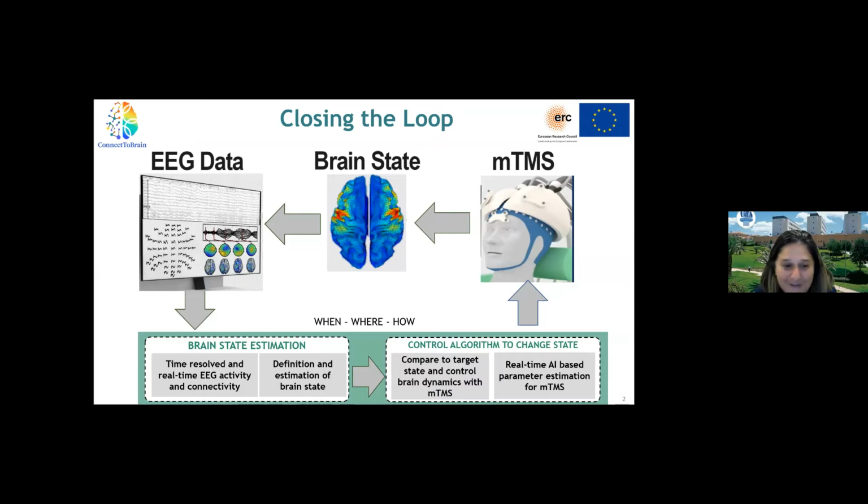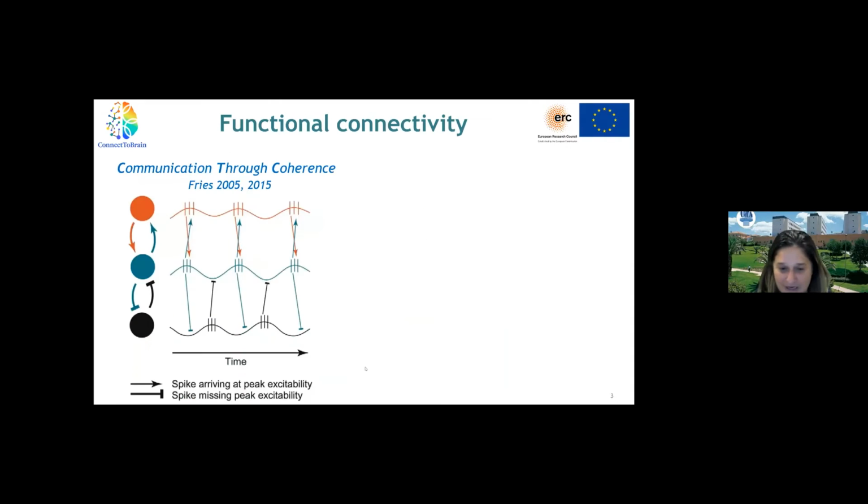So basically we are working on this part of the project, which is to derive real-time EEG, or time resolved, in a larger sense, EEG connectivity, in order to use this for understanding, as already mentioned, when and also where to stimulate the brain in order to derive our goals. So, but why functional connectivity, and specifically which functional connectivity are we looking at in the project so far?